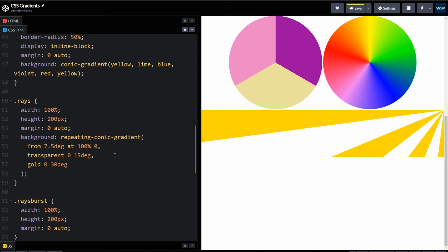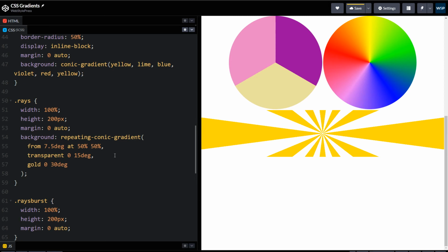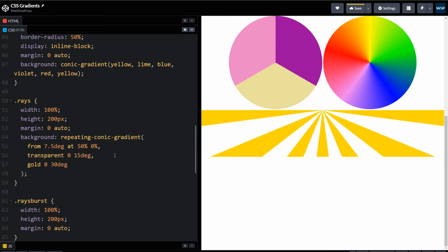If I use it like 100%, here's the change. Let's use 50. And if I change this 0 to 50%, then you can see the change in the direction or in the center point. Let's use 0. So one color is transparent. You can choose to use any other color. Let's say like black.